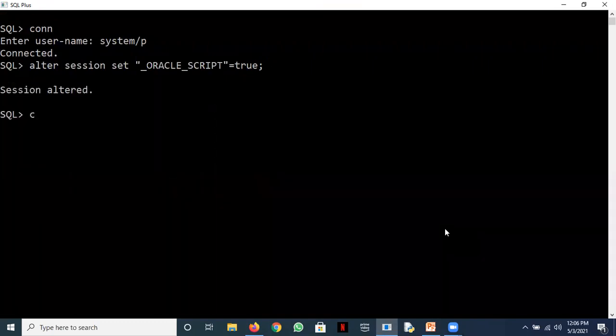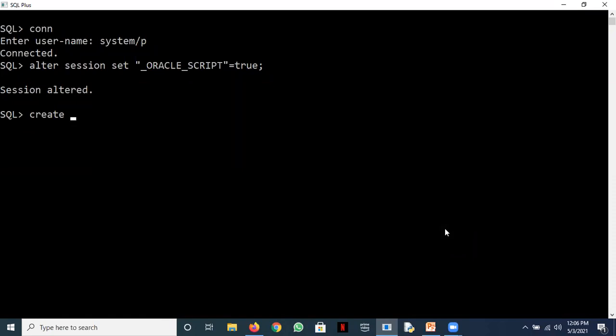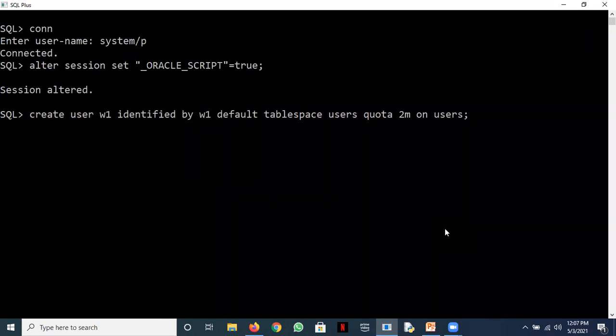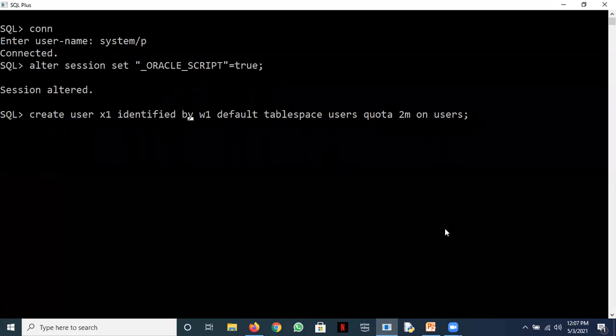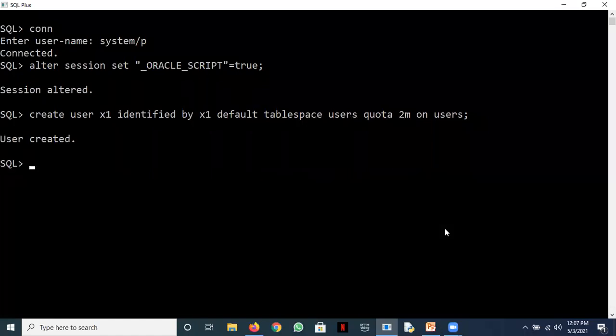And then let me create another user. All of you please write, if you wish, on your copies that there is a user W1 with the password AAA. I'm going to create another user. Let's use that old command so that we don't waste time. This W1. I'll create a user, say X1, identified by X1, and the same one. Okay, so now we have two users.